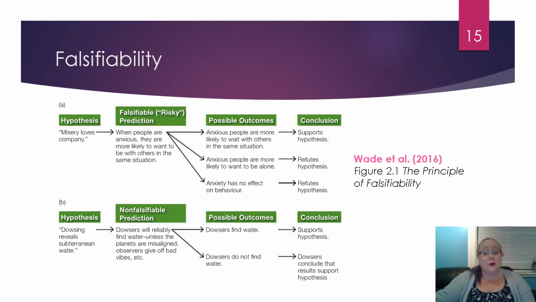So the possible outcomes, if you were to conduct a study, would be that anxious people are more likely to wait with others, anxious people are more likely to want to be alone, or anxiety has no effect on behavior. And if your prediction was that if people are anxious, they're going to want to be with others, then only the first of these possible outcomes would support your hypothesis, and the other two would actually prove you wrong. They would refute the